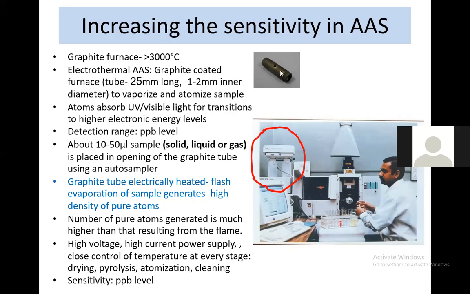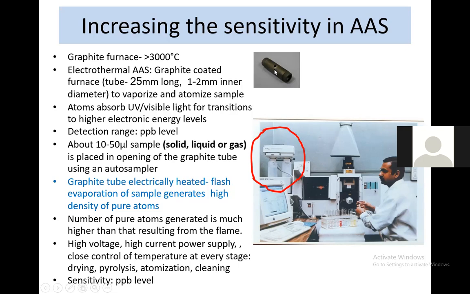This small little thing is placed inside this particular part. The burner is removed; this part is the burner. Instead of the burner, we put a small holder, and that holder will contain this graphite furnace. The inner volume of this is again a very, very tiny volume, and it will hold a very small amount of sample. The sample is put inside the graphite furnace from this little pit. Can you see the pit here? There's a small hole here. Can you see that? Yes, sir.